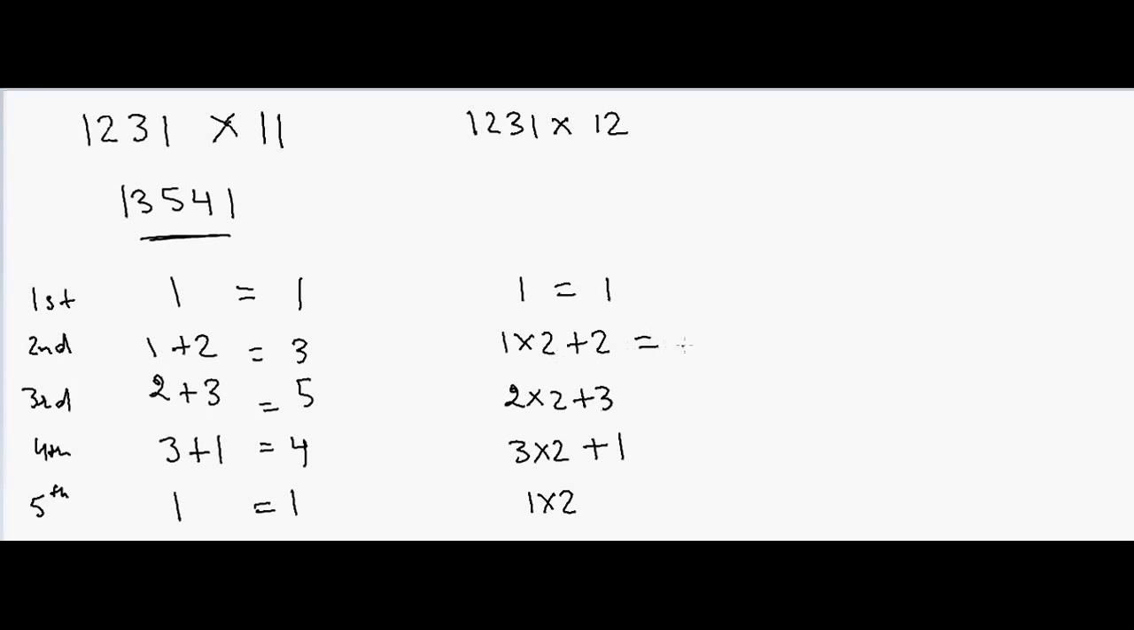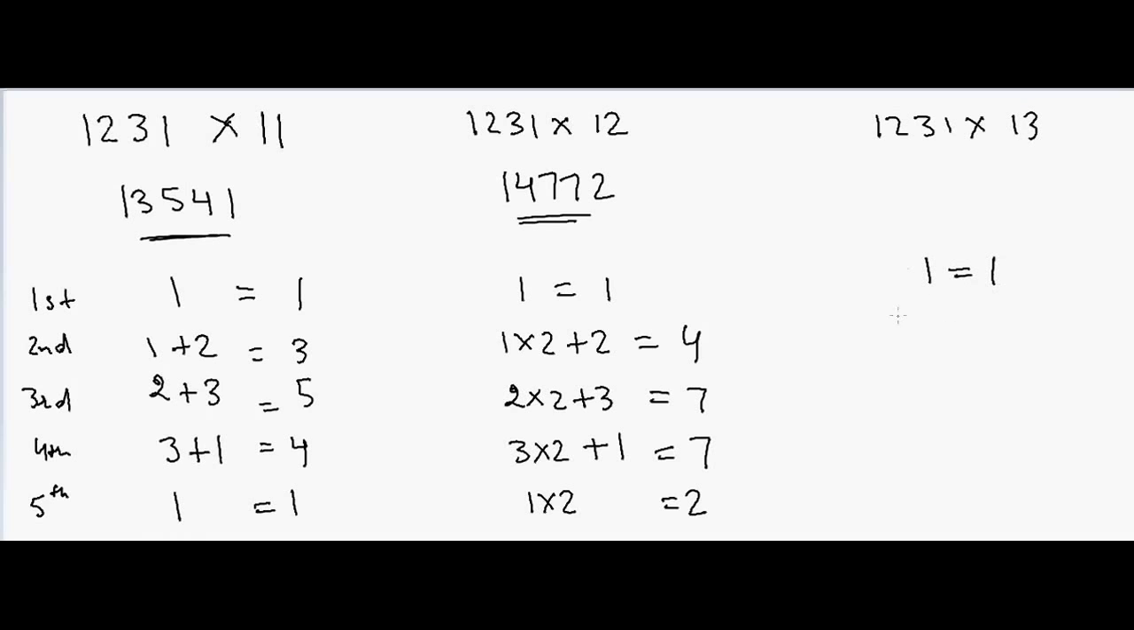So that will give me 4. This will give me 7, 7 2. So the answer is 14772. Again, if I have to multiply by 13, then the answer will be equal to 1 1